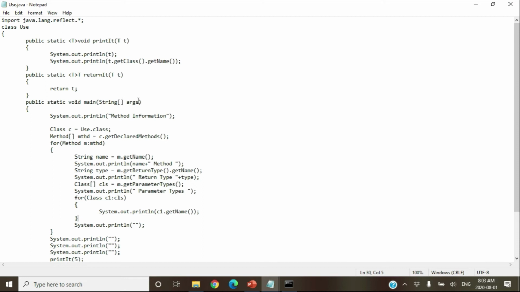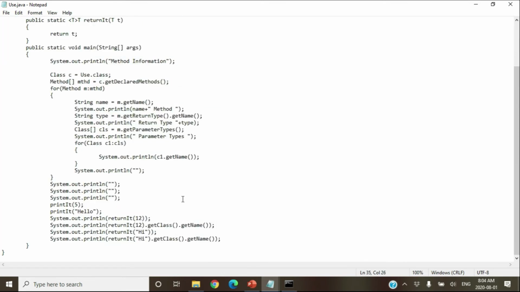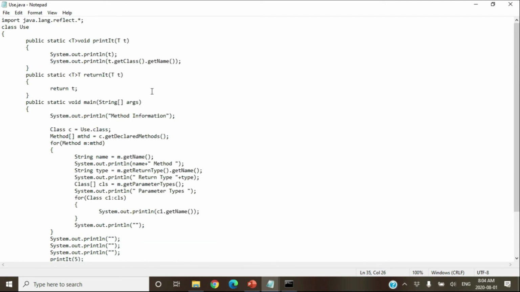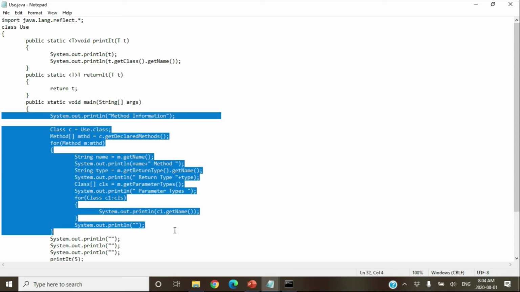And if the method is accepting a parameter of type String array, then it will print the String array. No need to go into details of the java.lang.reflect package because I'm just trying to prove my point that this capital T is of type java.lang.Object for the JVM. That's why I'm using the reflection API. You do not need to know the reflection API right now.